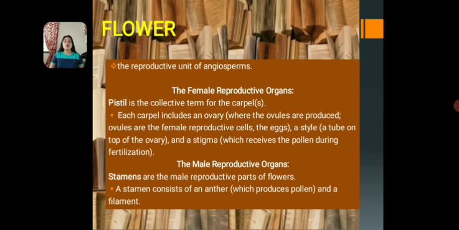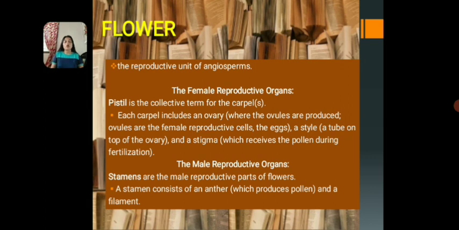Ovules are the female reproductive cells, the eggs. It has a style, a tube on top of the ovary, and a stigma, which receives the pollen during fertilization. In the male reproductive organs, it has stamens